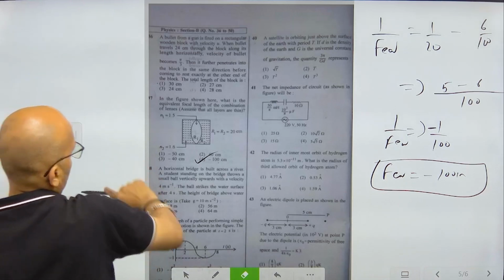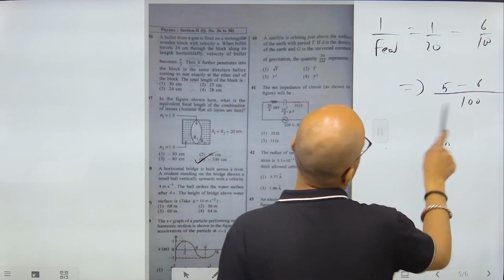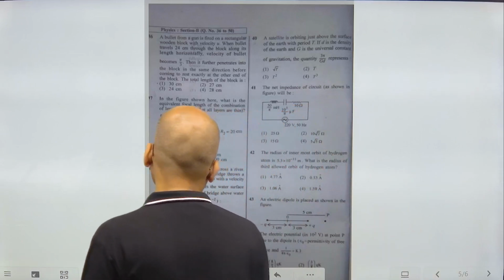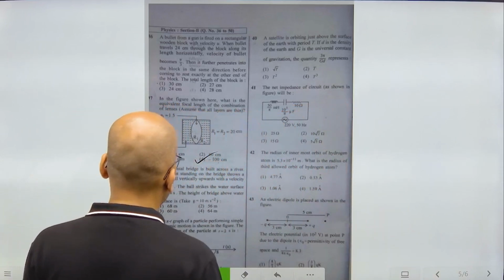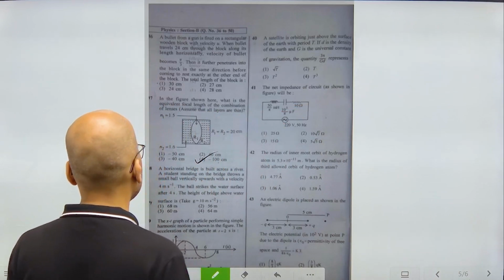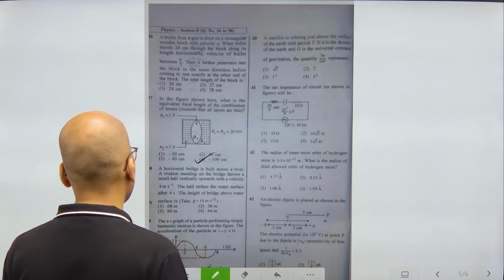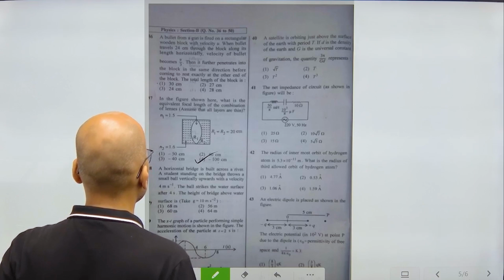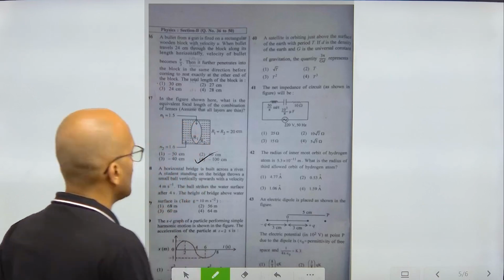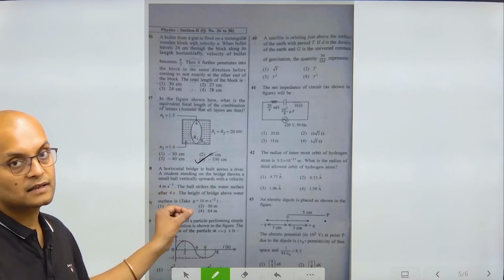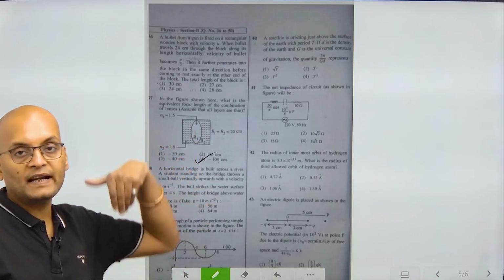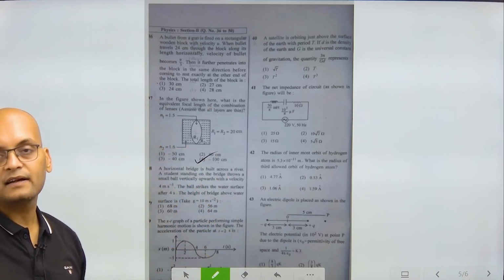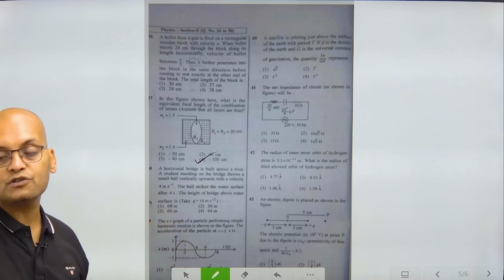Next question. Question 38. It is saying a horizontal bridge is built across a river. A student standing on the bridge throws a small ball vertically upwards with this velocity. The ball strikes the water surface after 4 seconds. Height of the bridge above water. We have done such a question in class. I said that a boy is standing on a building and he threw the ball upwards. The ball then came down. So what's the height of the building? And in place of building, they have used bridge. Anyway,